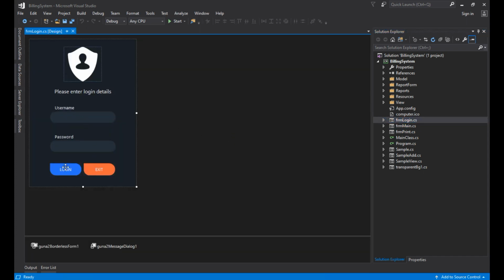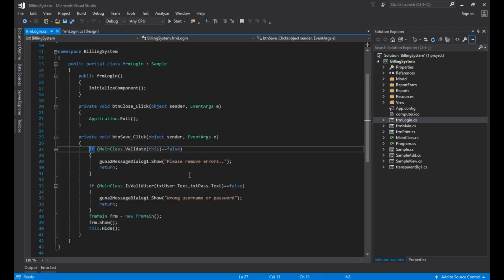This is the login screen, and the code behind the button is the same if you follow my previous tutorials. First, we check for the validation and check if the username and password are there or not. If they are not entered, then the validation message will appear. Please remove the errors, and then we check if the username and password are correct by using this valid function